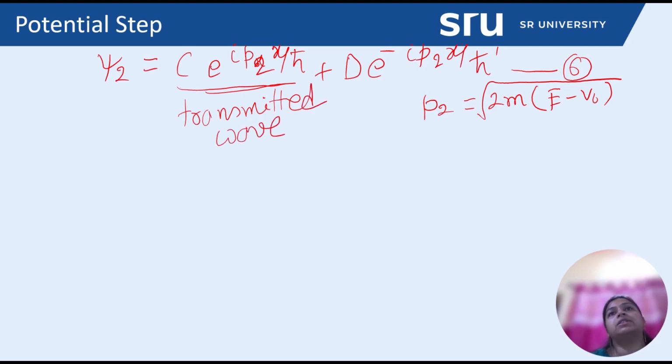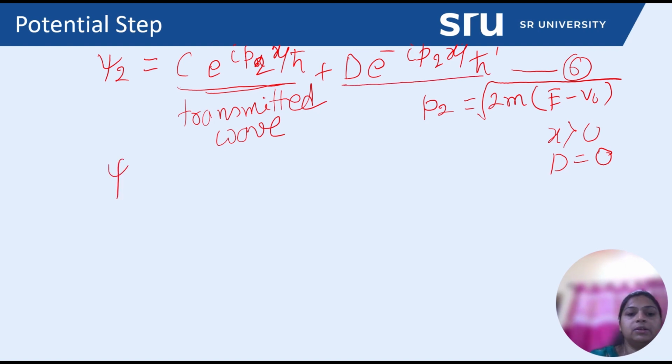And the second term represents that wave coming from infinity in the negative direction. So clearly, for x greater than or equal to 0, no particle can flow to the left, and D must be 0. So D obviously will be equal to 0. Therefore, in equation 6 this part will be 0, and it can be written as psi 2 is equal to C e to the power of i p2 x